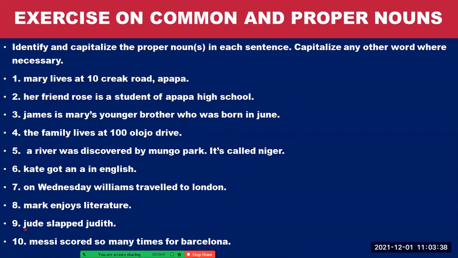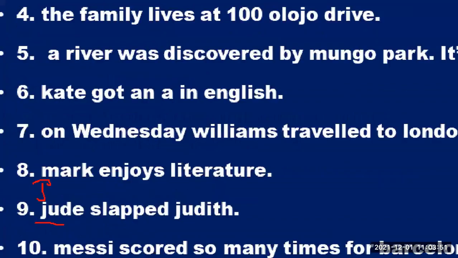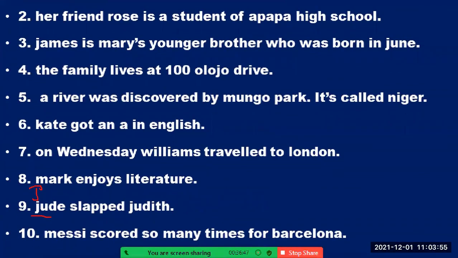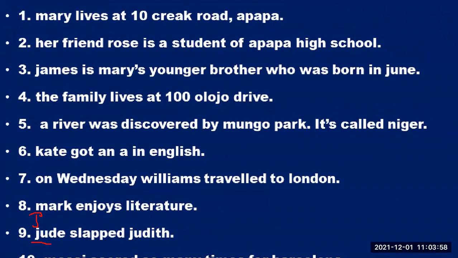Jude slapped Judith. Now, Jude is a proper noun, so it's the name of a particular person and should begin with the capital letter J. Judith is also the name of a particular person, so we need to start it with